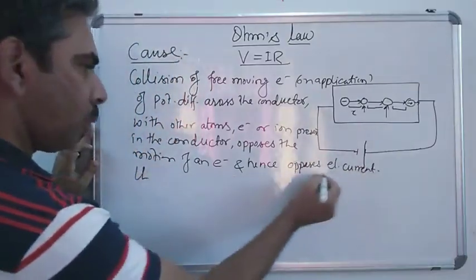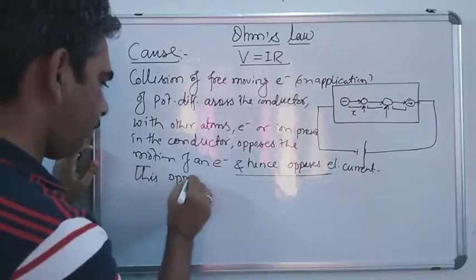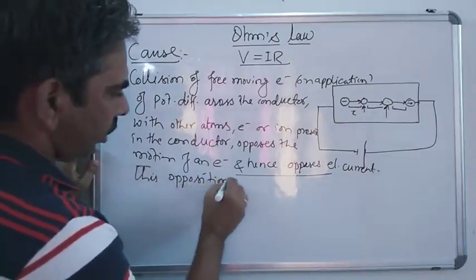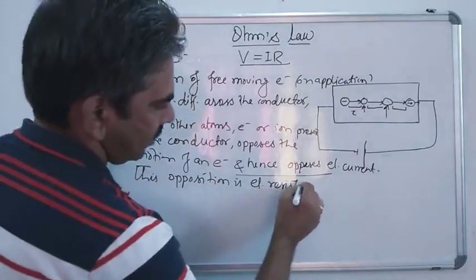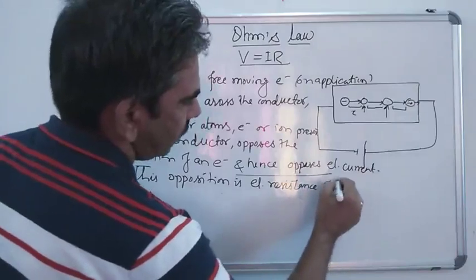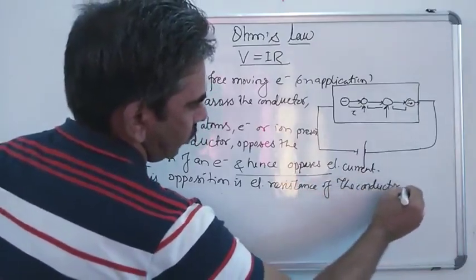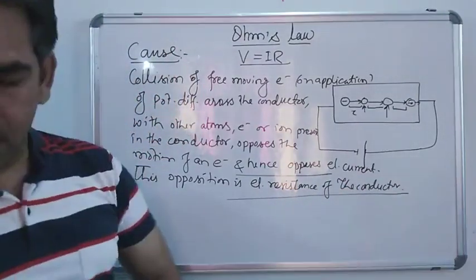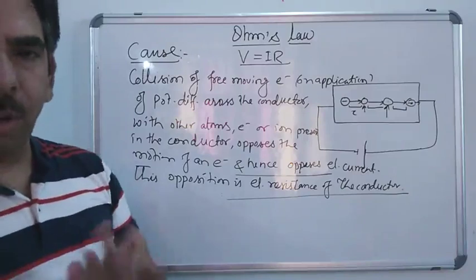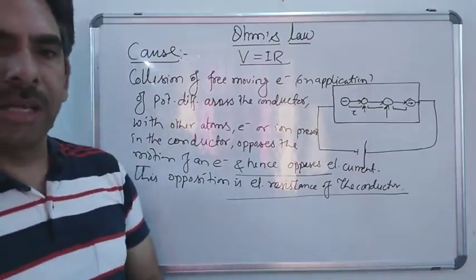So this opposition which is created is the electrical resistance of the conductor. So this is what we understand about resistance, the property of a conductor, that how a conductor, or any kind of material, has resistance